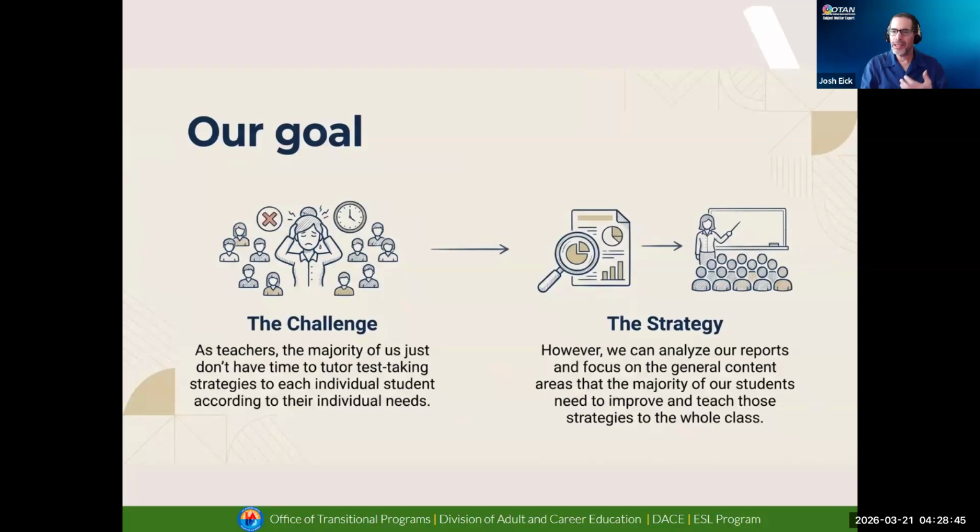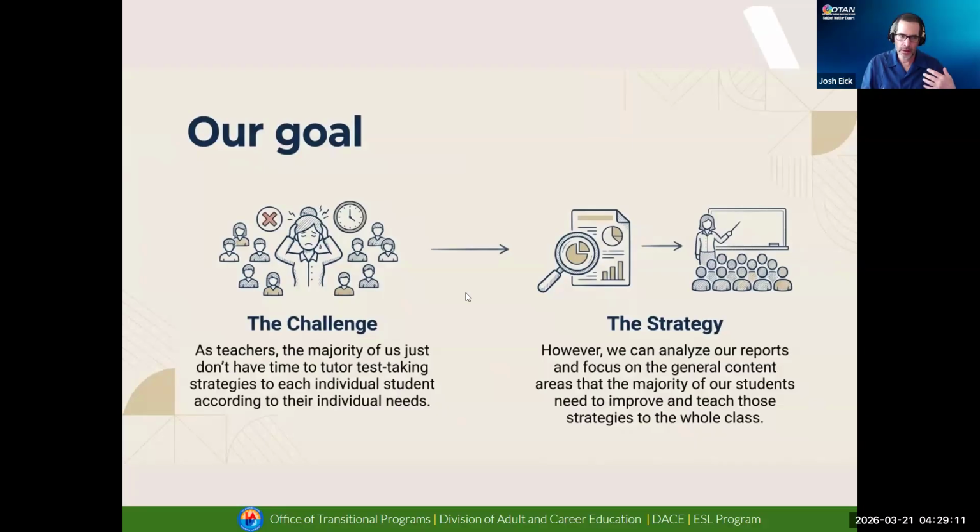However, we can analyze our reports and focus on the general content areas that the majority of our students need to improve and teach those strategies to the whole class. And then, if there are 1, 2, 3 other students who really need extra help, now we've got that time to focus just on those few students. So that's really our goal for you, is to be able to do that.